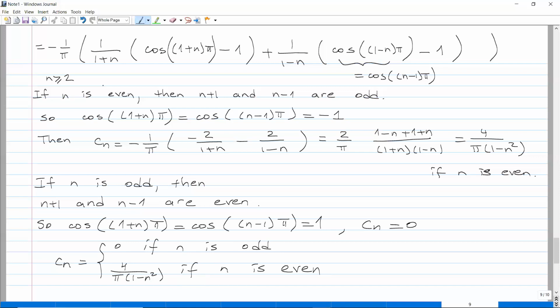That's also in accordance with the first two constants we found. We found C0 to be, what was C0? 4 over pi. So here, if you take n equals 0, it's an even number, 0 is even, 4 over pi. So the formula works for n equals 0. And for C1, we found it to be 0, and 1 is odd, so it is 0. So this formula works for all n greater than or equal to 0. So the solution then is